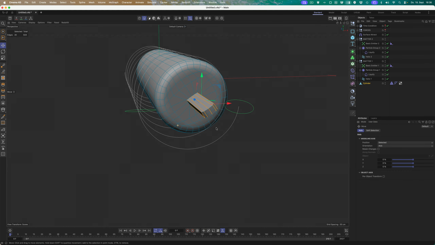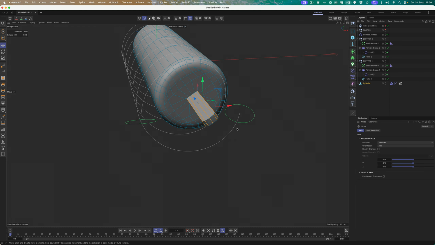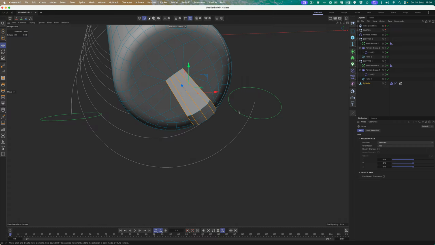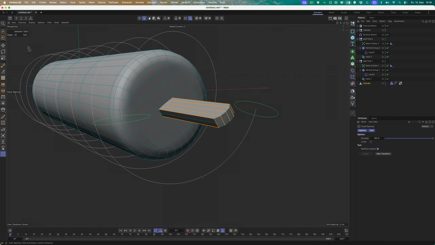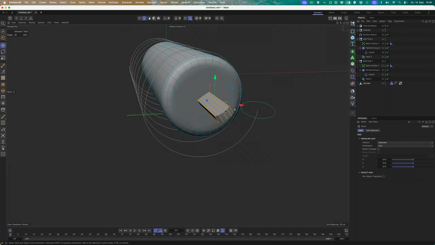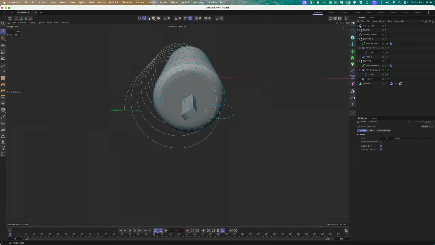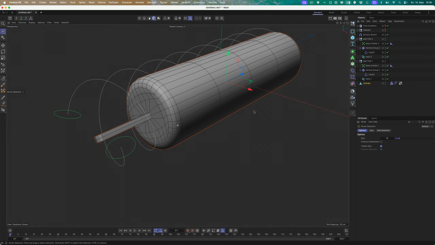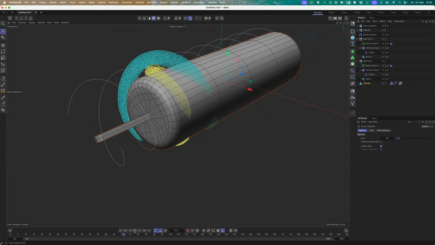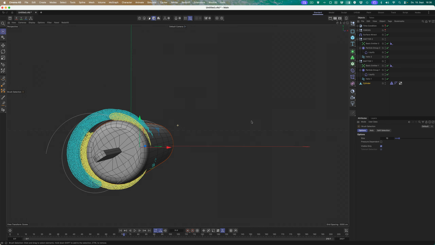I have selected the polygons here, and then we choose the equal spacing and optimize that a bit. Okay, that looks better. And then let's see what is missing. Start play. Okay. What we need is